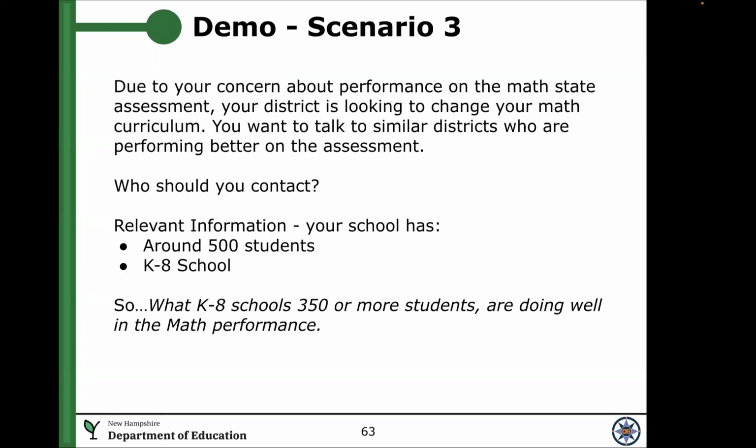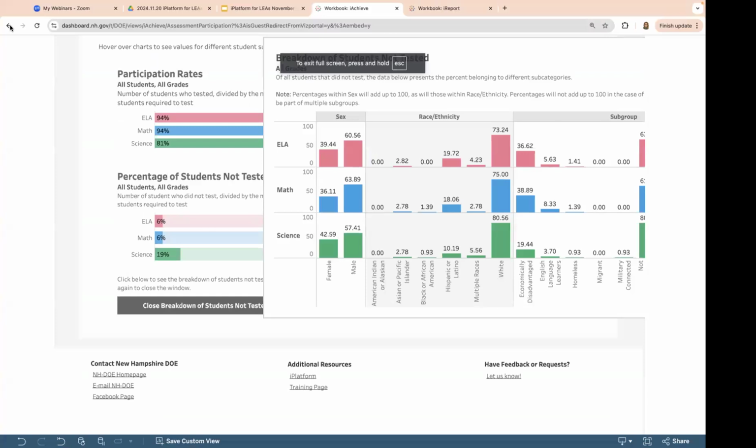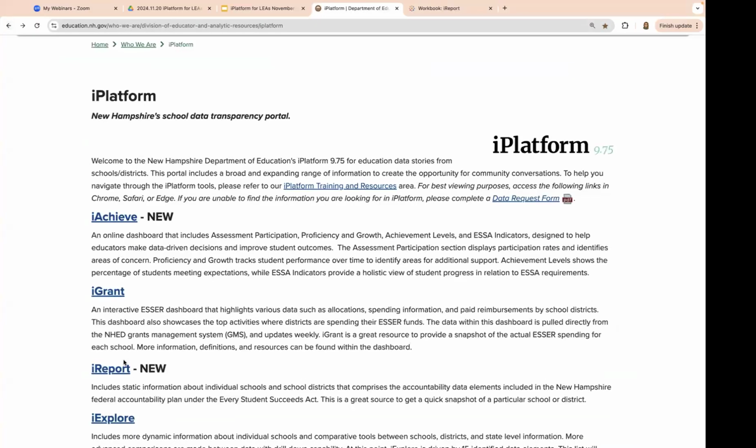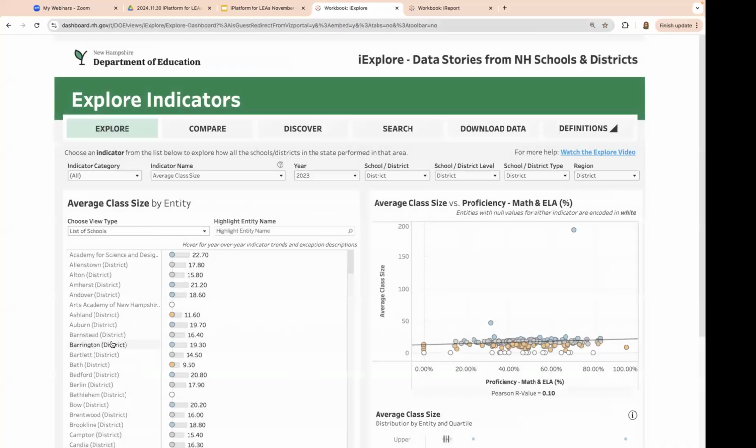So let's see if we have some K-8 schools that are 350 or more students that are doing well on performance in math. This particular one, I am going to go into iExplore because this is where we're able to see a lot of the information here. And I am able to go right into the